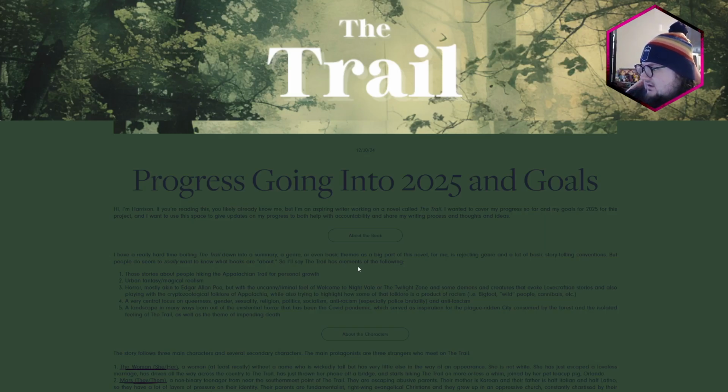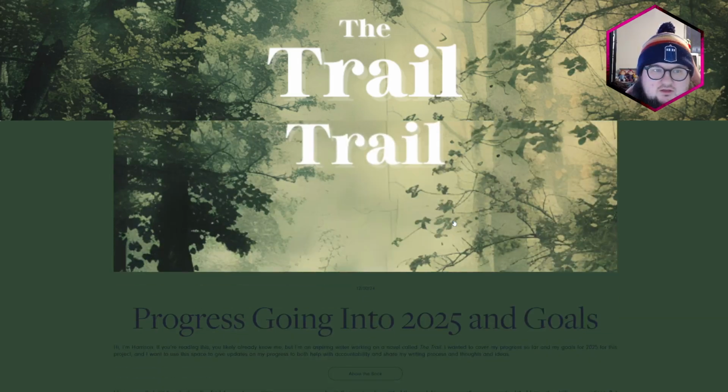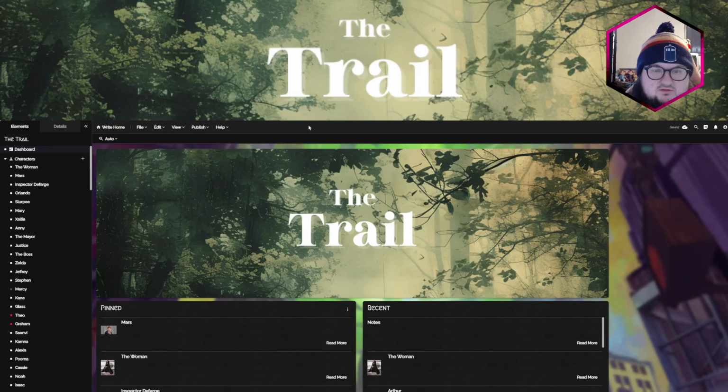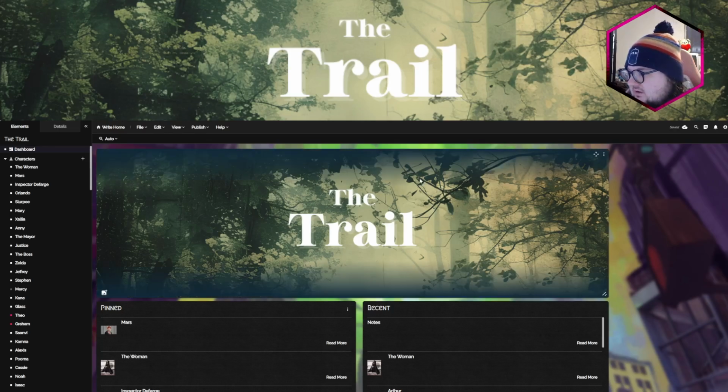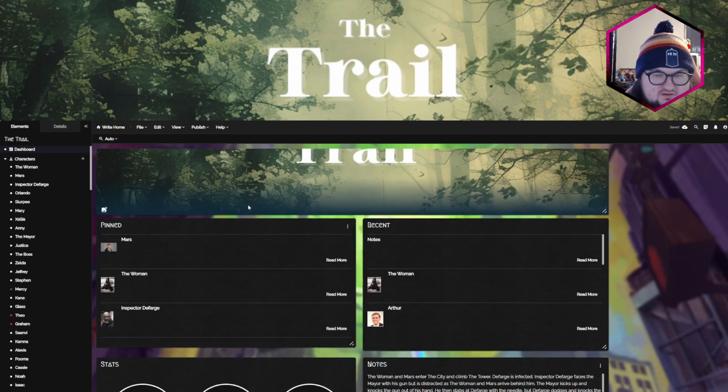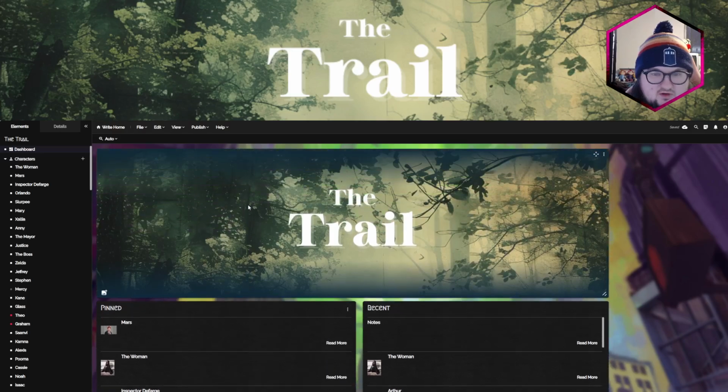So yeah, I'm going to move over to my Campfire Writing page. I've used Campfire Writing for a few years now to work on this project. And I'm not sponsored or anything, but I just wanted to share what mine looks like. It might be interesting or helpful for other people working on their writing.